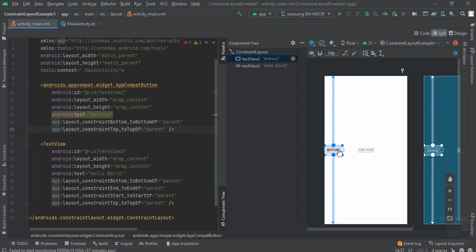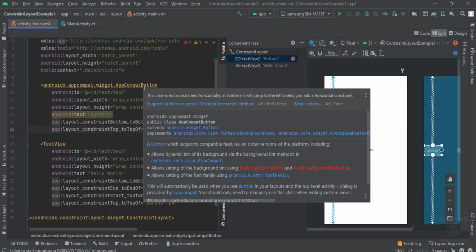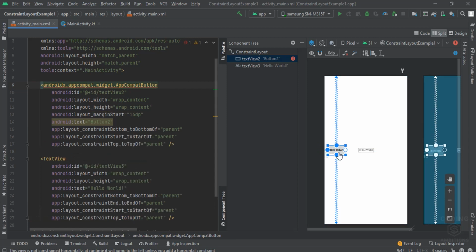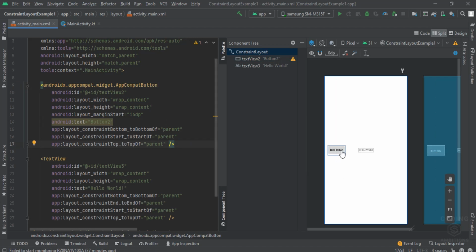Now let's say we add one more button here. Yes, we can see that it's showing missing constraint because it has been aligned vertically, but it has not been aligned horizontally, because we have not added either left or right here. So we have to align either of them. So we align it left. Now you can see.